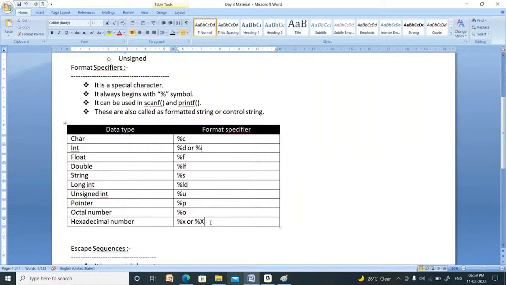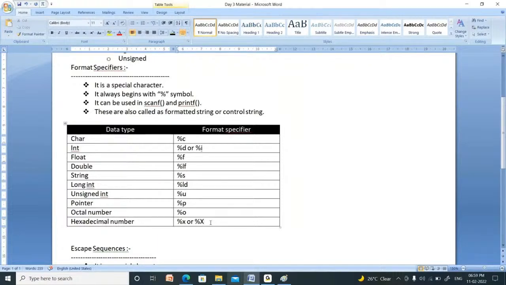These are the special symbols used to specify the format of input or output. What is the meaning of format? Whenever you take water, water will be available in three formats: ice format, liquid water format, and gas steam format.